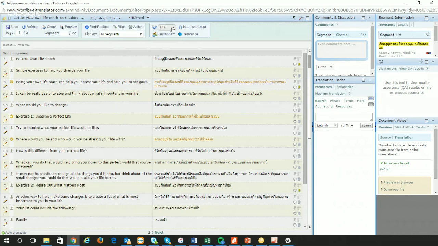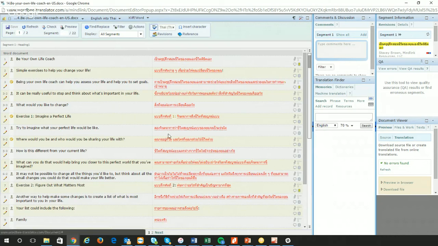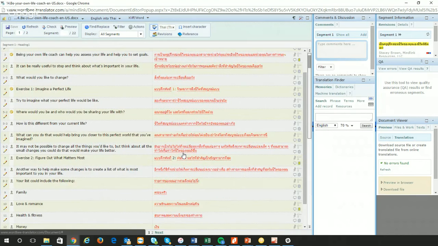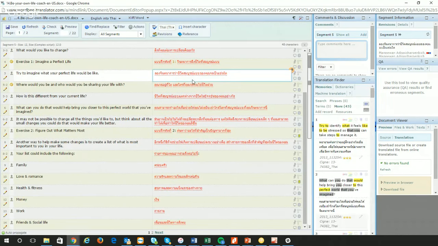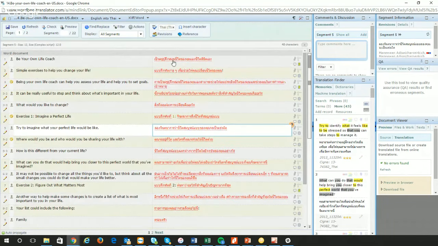The other thing is spell check. Like I said, Thai may not be the best example, but it'll work. And I can run a spell check. Yeah, Thai's not great because everything is misspelled. Let me try this other one. But in other languages, it'll highlight in red. Like this shows everything is misspelled, but that's not the case. We know that. But a spell check is a simple thing.